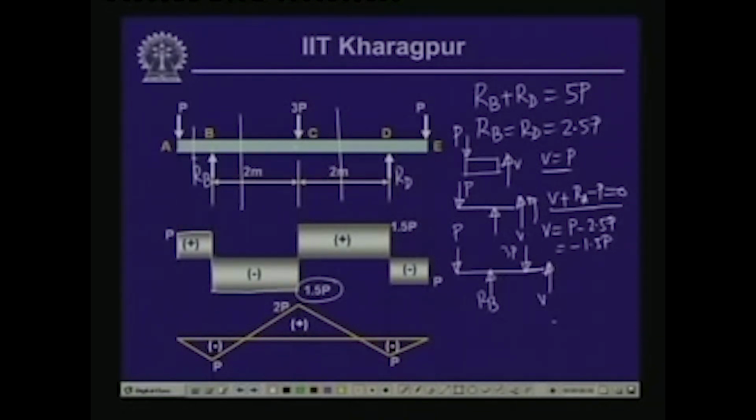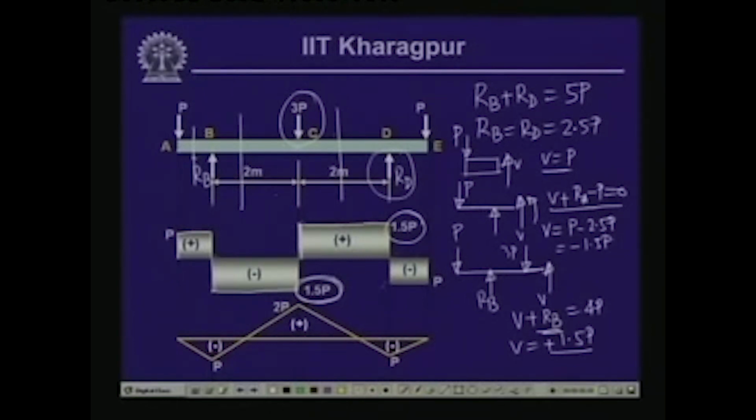Now, if we take the vertical equilibrium of the vertical forces, we have V plus RB, and they are in opposite direction. This is equal to 4P and RB is equal to 2.5P. So, V is equal to plus 1.5P. So, you see immediately after C, before C we had minus 1.5P, immediately after C, after the concentrated load P, we have a change in shear force which is 1.5P plus 1.5P, and again between C and D, since there are no loads, it continues with 1.5P,